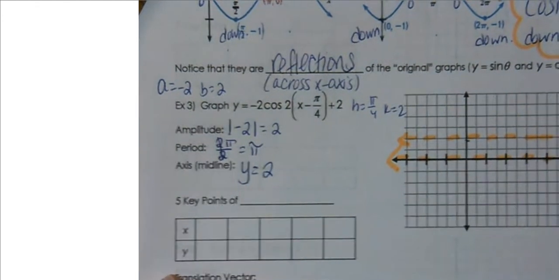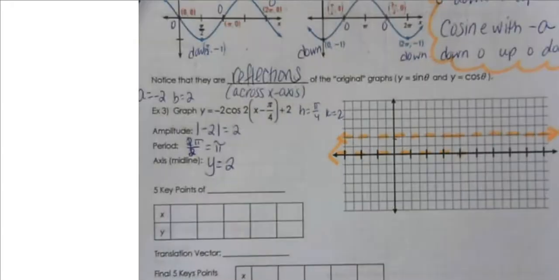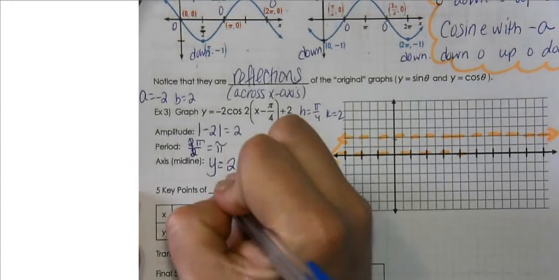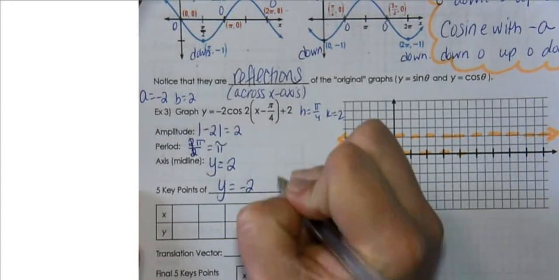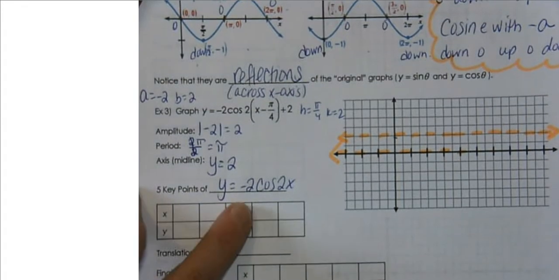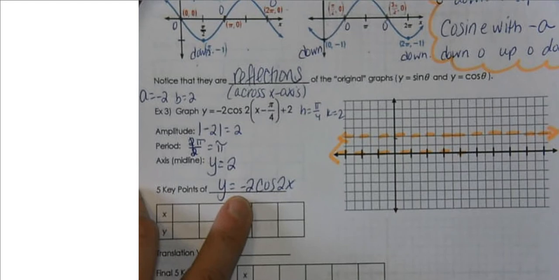Ignore the other dashed line. So this is y equals 2. All right, so now we want to find the 5 key points of y equals -2 times the cosine of 2x. So yes, we do include the negative, and we do include that full a value and b value,